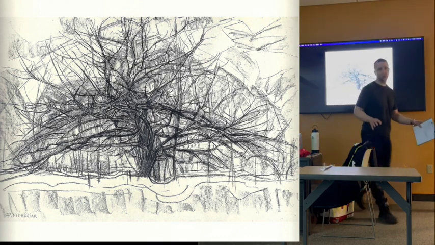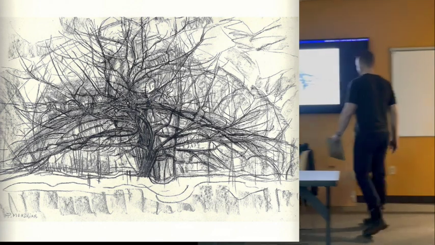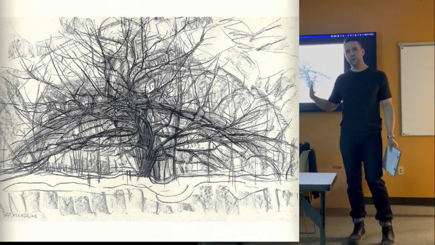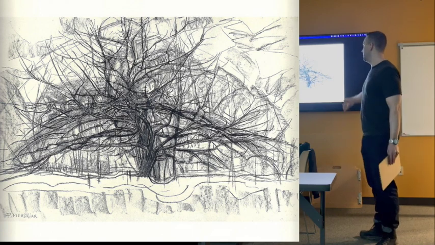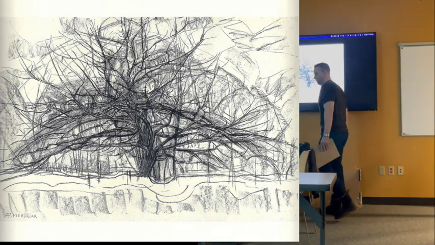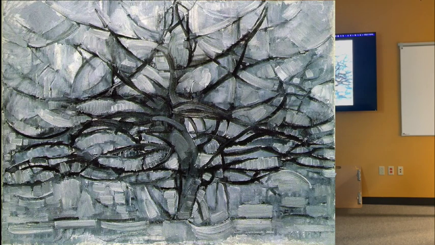This is why it's good to start for an abstract beginning. When abstract painting comes into being, he's really at the beginning. He starts out painting trees, like everybody does in a way. This is a Mondrian drawing of a tree. It's very loose, a little bit looser, less constrained. He's trying to find the pattern of the branches. And so it's looking for order within the chaos, looking for chaos within the order. Ultimately, that's what it boils down to. That's really my returning theme for all abstract painting.